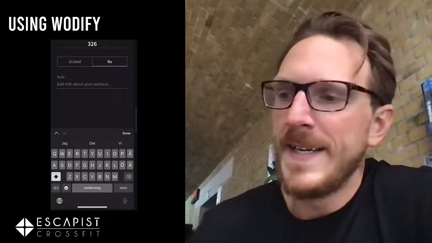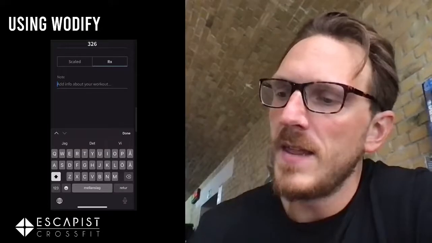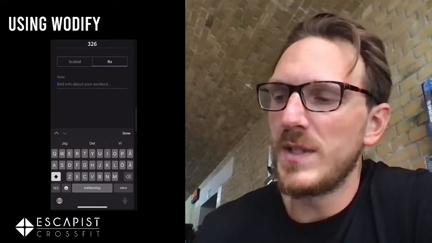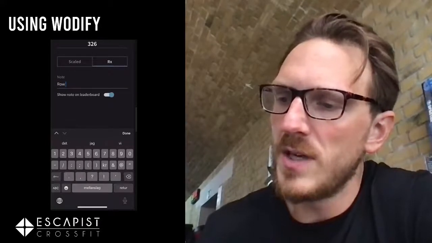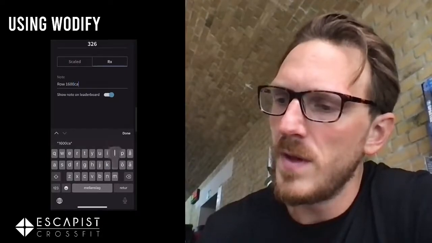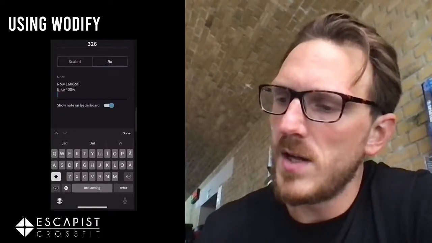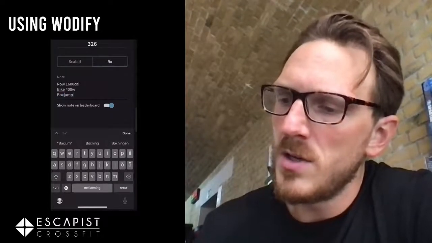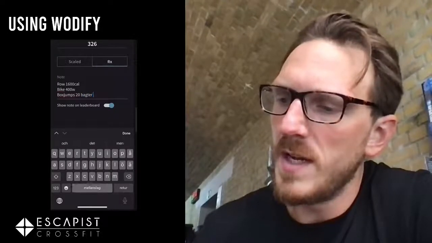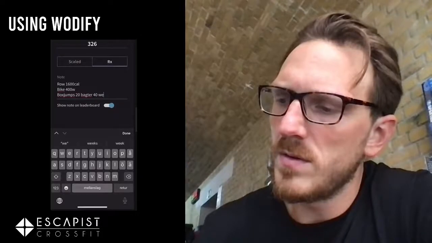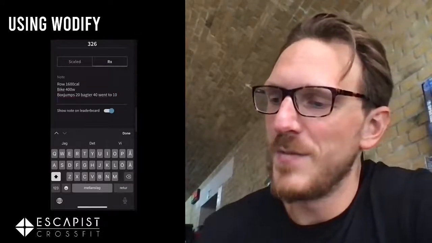It's more for very classical benchmarks that it matters, but choose RX so we just keep everyone on the same. Then I can add some notes to the workout, which can be helpful for me next time. For example, for rowing, I would put in that I try to keep a pace of 1600 cals per hour. On the bike, I try to be above 400 watts. On the box jumps, I try to keep sets of 20, but after 40 went down to sets of 10. And then for the last nice movement, wall balls,